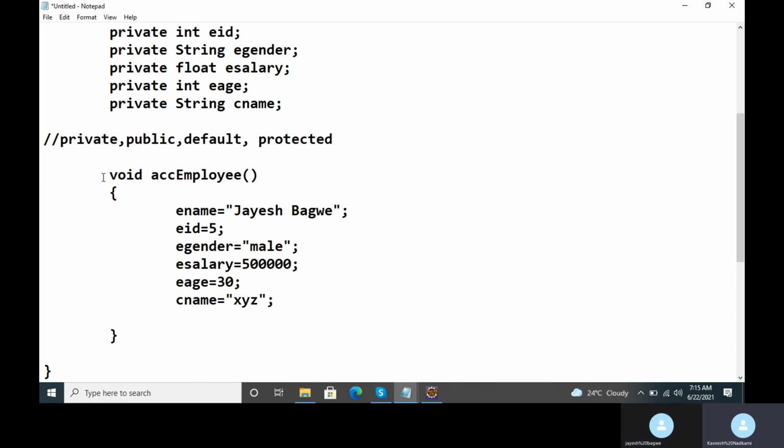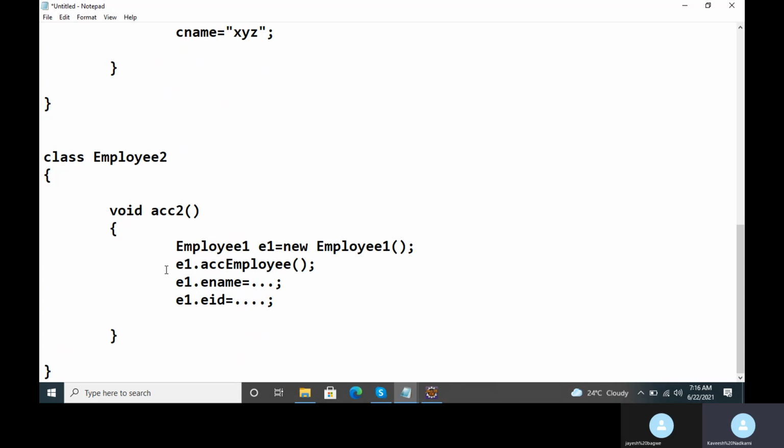Suppose now, in employee one, I have not used the private keyword while defining the member function acceptEmployee of the class employee. Because I have not used the private keyword, the acceptEmployee member method of class employee one can also be accessed outside the class, that is, inside another class, say employee two.